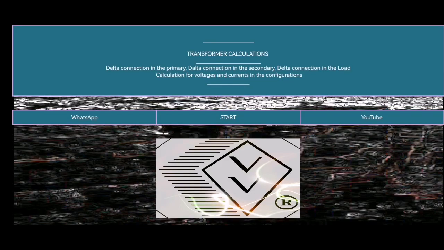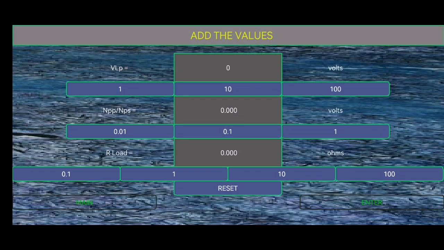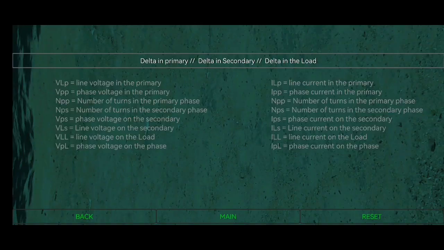Here we do the calculation for delta: the primary, secondary, and the load. So we put the voltage, given voltage as a line voltage, put the ratio, then you put the load. The load is the resistor of what you are supplying. So from here,